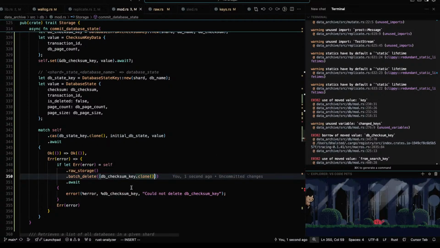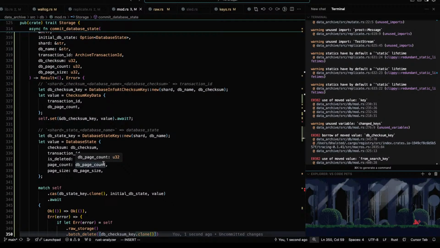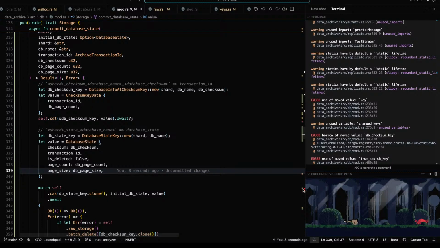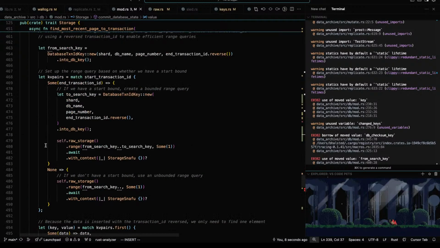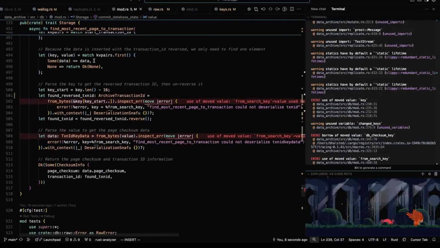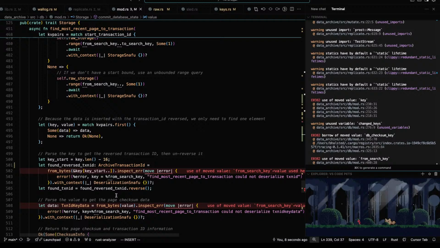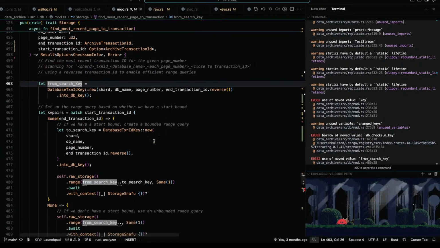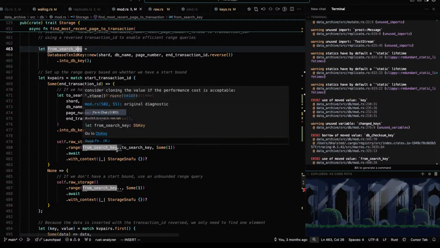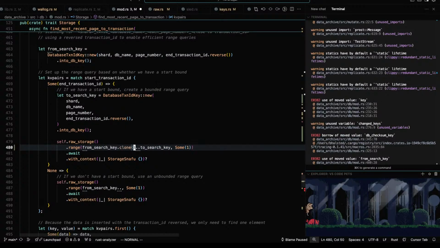Goodness. What function are we in here? Find most recent page to transaction. Key from search key. What's here and here needs to be cloned. There, here.